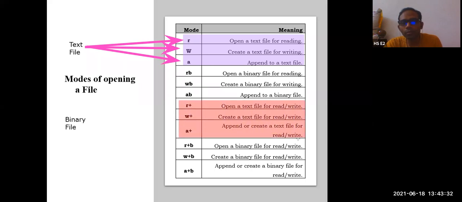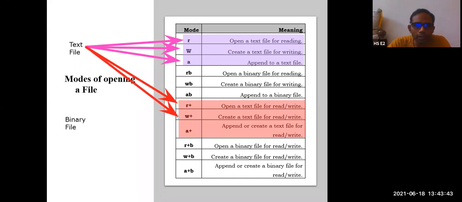What are those modes? R plus, W plus, and A plus.